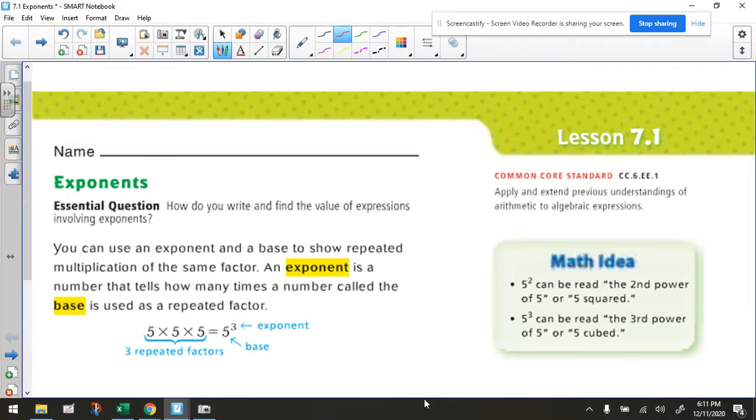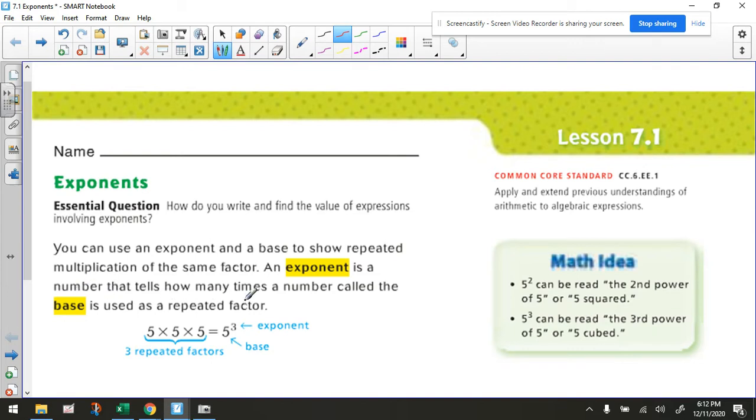We're taking a look at lesson 7.1, which is on exponents. Our essential question that we're answering: how do you write and find the value of expressions involving exponents? You can use an exponent and a base to show repeated multiplication of the same factor. An exponent is a number that tells how many times a number called the base is used as a repeated